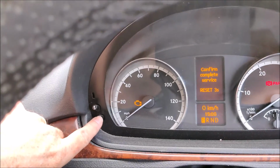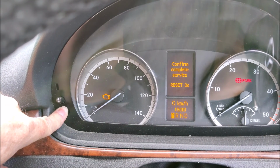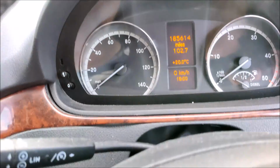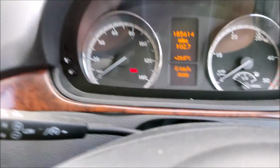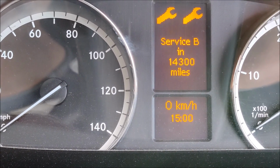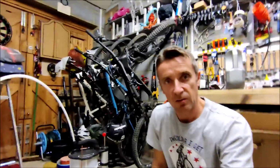And to do that, we press the trip button for 3 seconds, so I'll do that. And there you are, service is confirmed. All good. So we can take the key out of the ignition, like so, and we'll put it back in. And then we scroll through the menu again. It now says service B is due in 14,300 miles. So that's all done. So there you go, guys, there's the service done completely on my Mercedes Vito W639, and